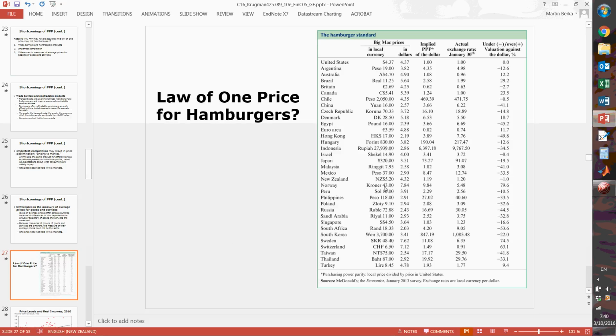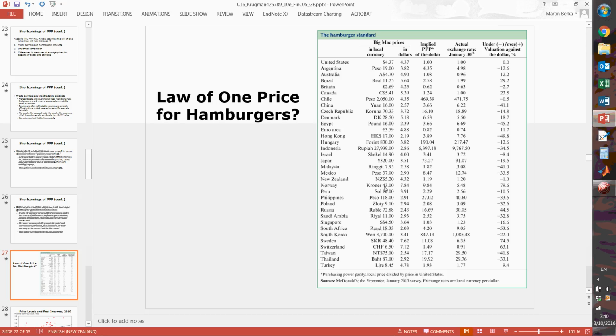Hamburgers. You have probably heard of the Big Mac Index. It's created by The Economist magazine. I'll post a link online, but basically it measures deviations from PPP by simply comparing prices of Big Macs, which is a type of hamburger in a McDonald's restaurant. It's somewhat rudimentary, but it's surprising how precise the estimates are when it comes to comparing currency